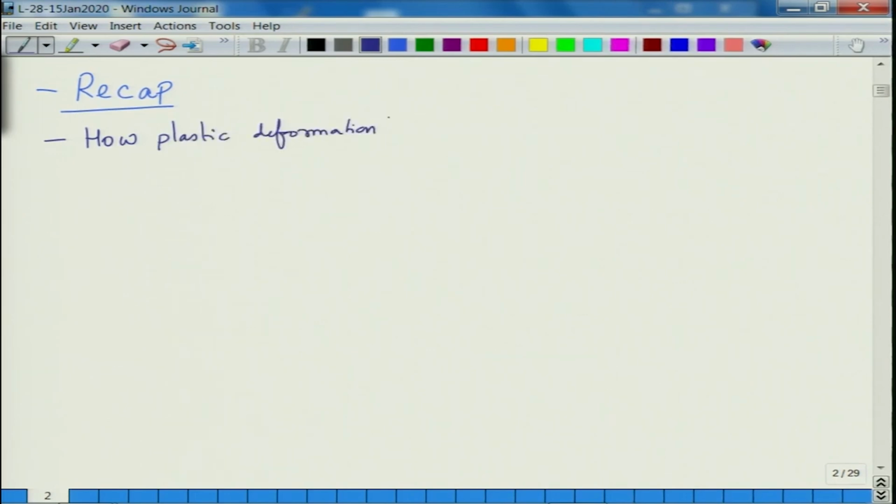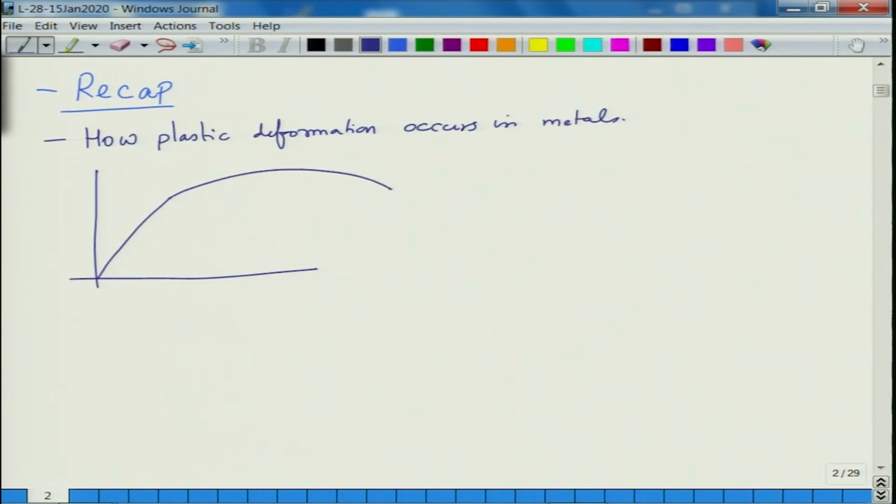plastic deformation occurs in metals. So, metals have this kind of stress strain curve, it is an engineering stress strain curve. So, this is stress, this is strain, and up to this point is the elastic region where sigma is equal to E into epsilon, and this region up to fracture is the plastic region,